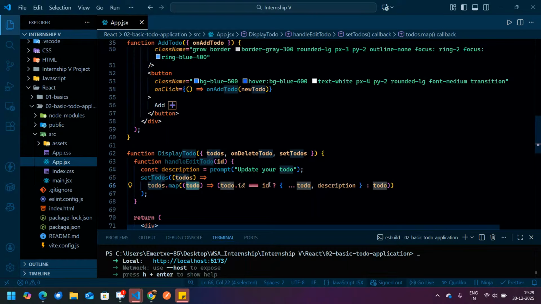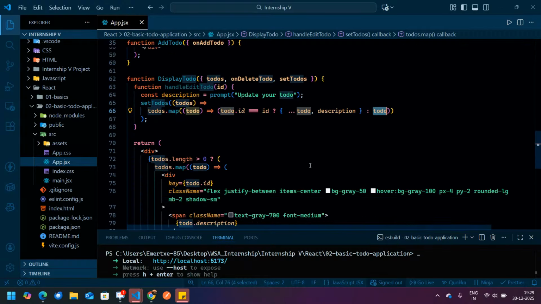If that ID matches, then we'll use a spread operator and update our description. Otherwise, we will return the todo as it is.